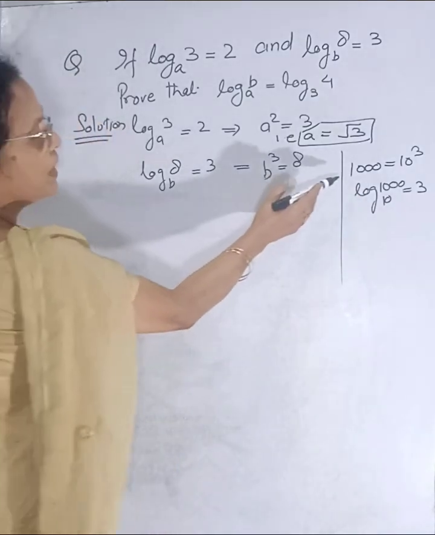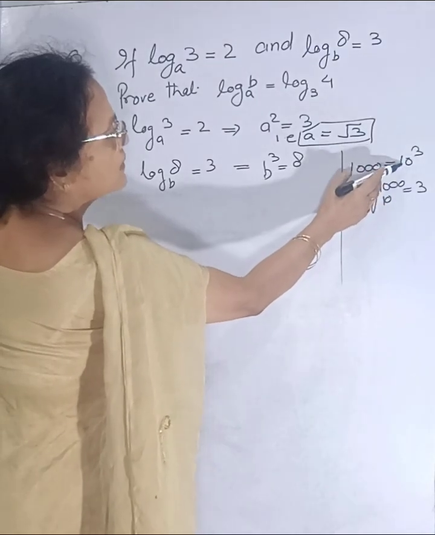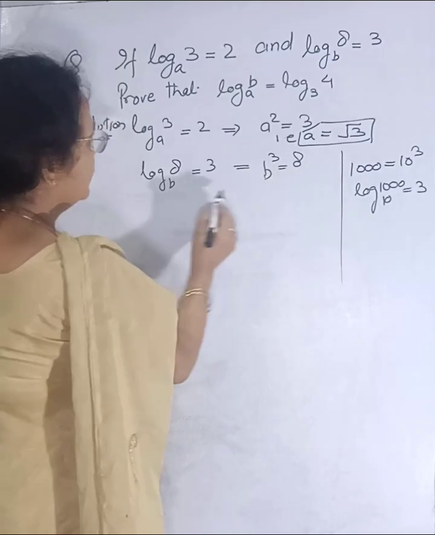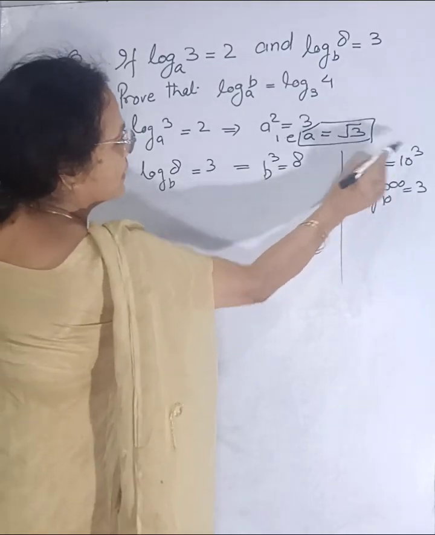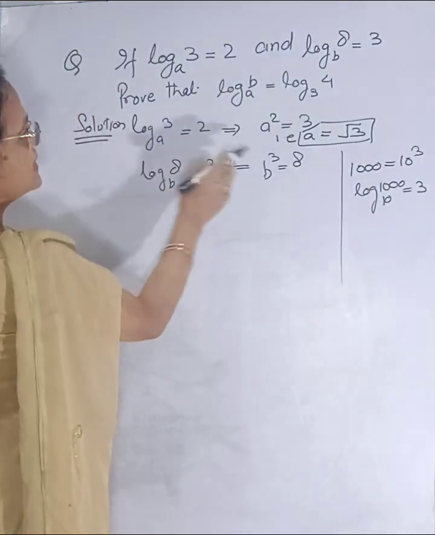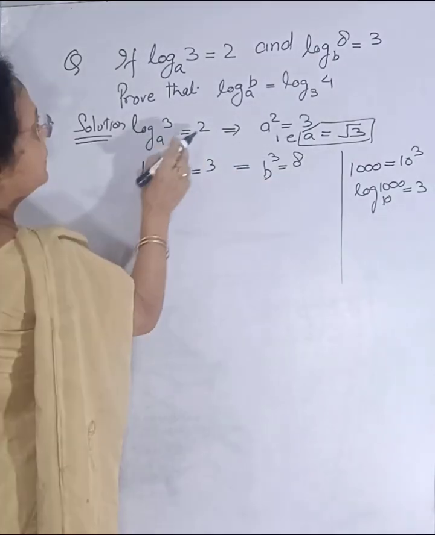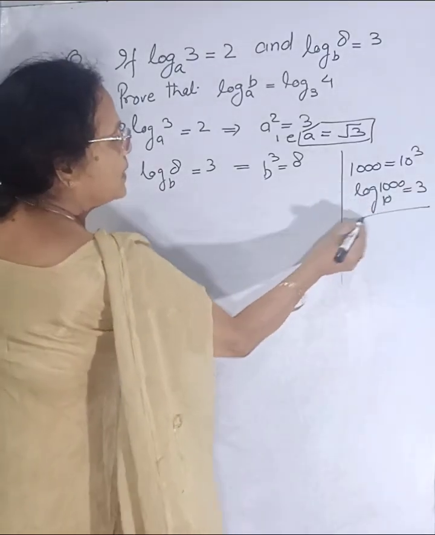Same is the case over here. 1000 is equal to 10 into 10 into 10, यानी 10 की पावर 3. तो this and this is the same thing. तो इस बेस पे log of 10 to the base 10, बेस के ऊपर पावर आती है, ये ध्यान रखिए. इसलिए इसी तरीके से, ये देखिए इसका b बेस है, बेस के ऊपर पावर आएगी, 8 हो जाएगा. बेस के ऊपर पावर आएगी, ये 3 हो जाएगा. ओके, ये थ्योरी याद रखिए. ये याद रखेंगे तो कभी नहीं भूलेंगे.